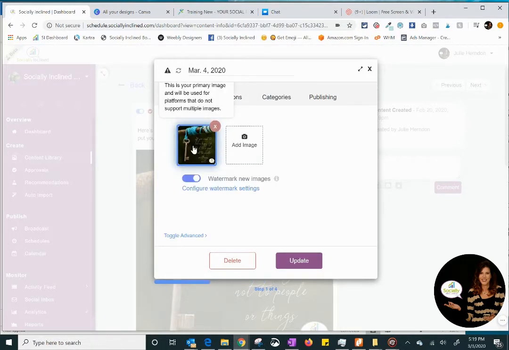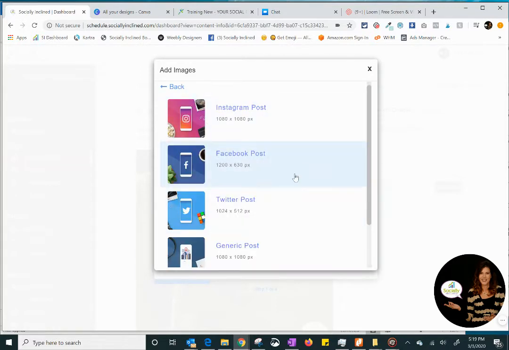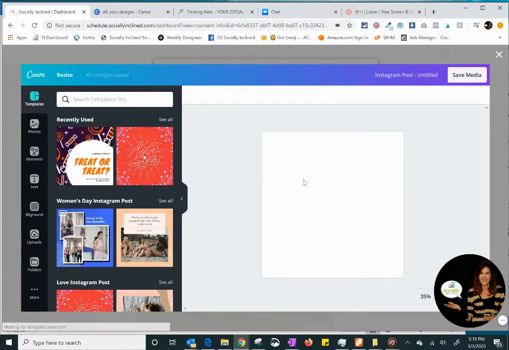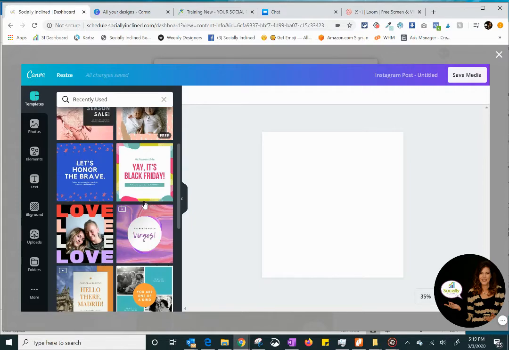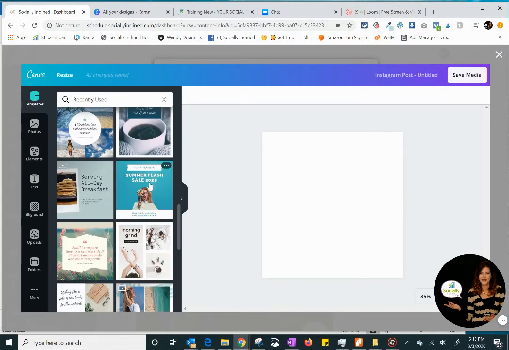From here, you can run this image as is, but let's say that for some reason you don't want to use this image, or you have a selfie of yourself that you'd rather use instead. Click this add image. You can upload your own image, find free stock images from Pexels, or design a custom image in Canva. If I click this Instagram post, which is a square, it's going to show you what has been recently used, which I've done a ton of work for clients. But let's just say I wanted to use this,